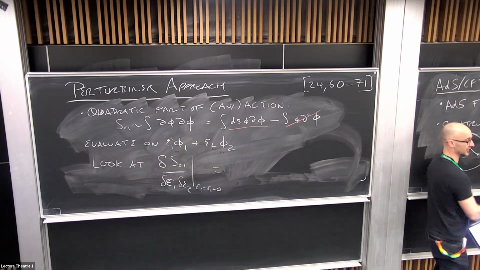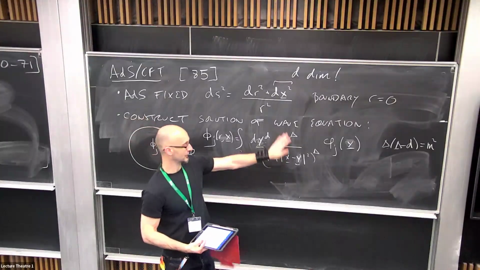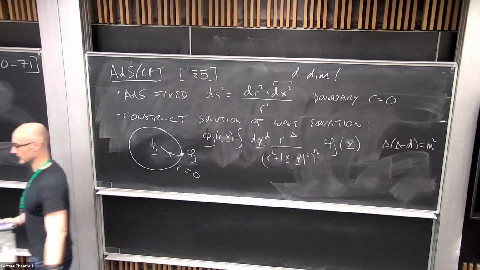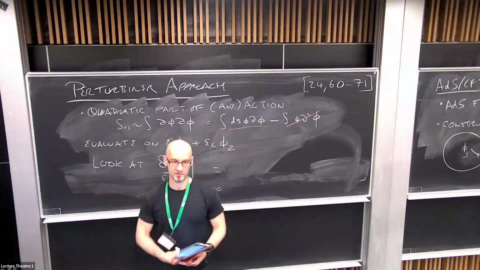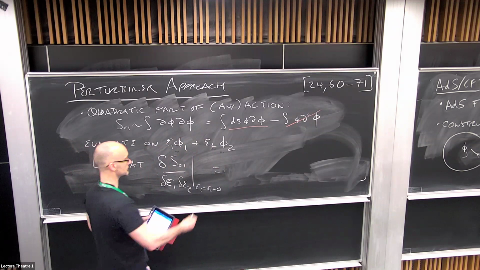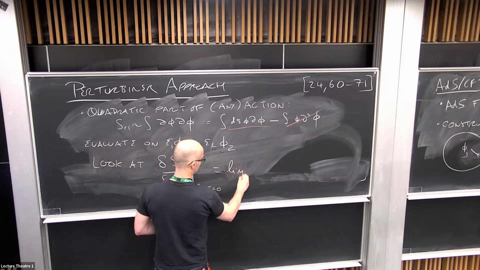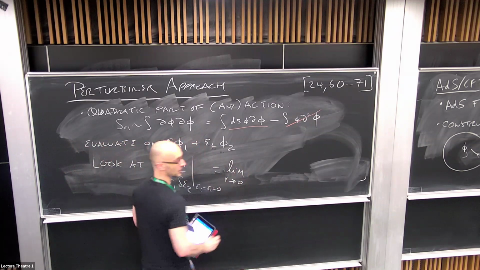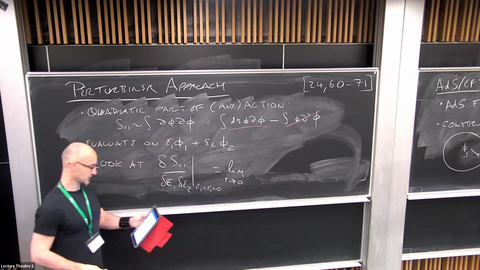Then the boundary is at R equals 0. Powers of R all over the place, and there are powers downstairs. There are powers of R in the measures and what have you. So we're probably going to have to take a limit, but that's fine. We can do that. So looking at the limit as R goes to 0,